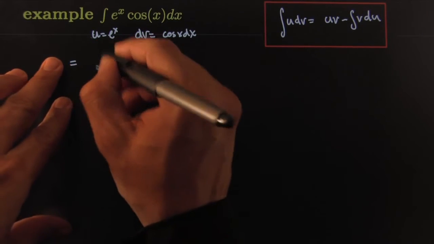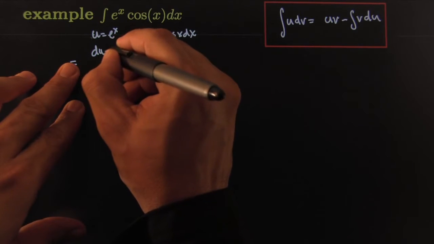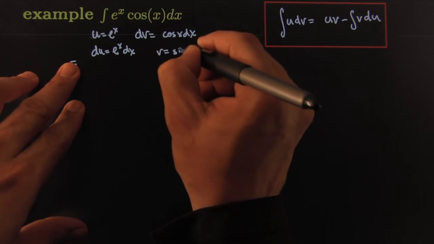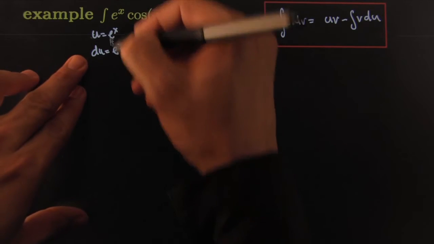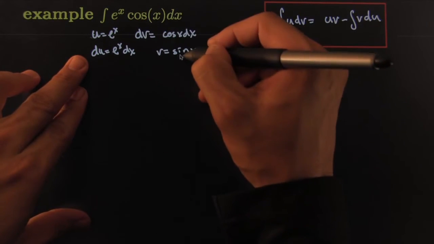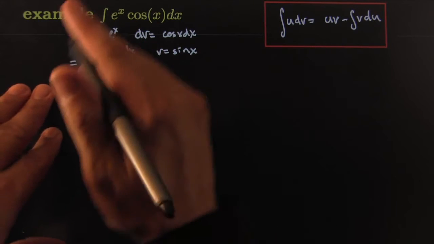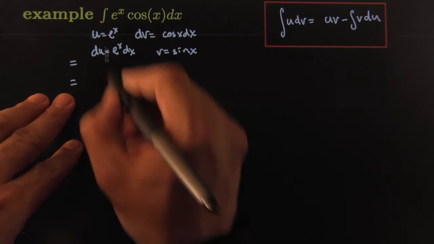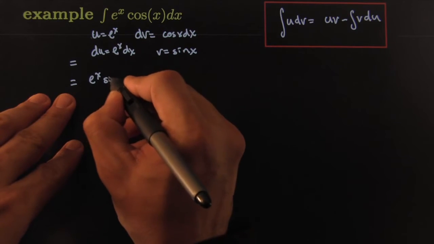And this becomes, I have to finish the dictionary here. du is equal to e to the x dx. v is equal to sine of x. Take the derivative here on both sides, take the antiderivative here on both sides. That completes the dictionary. That leaves us to be uv, e to the x sine of x